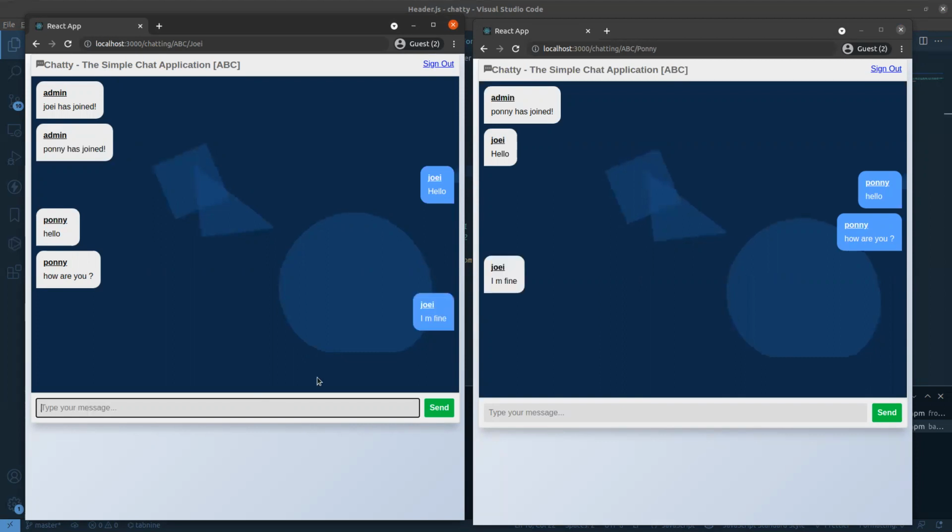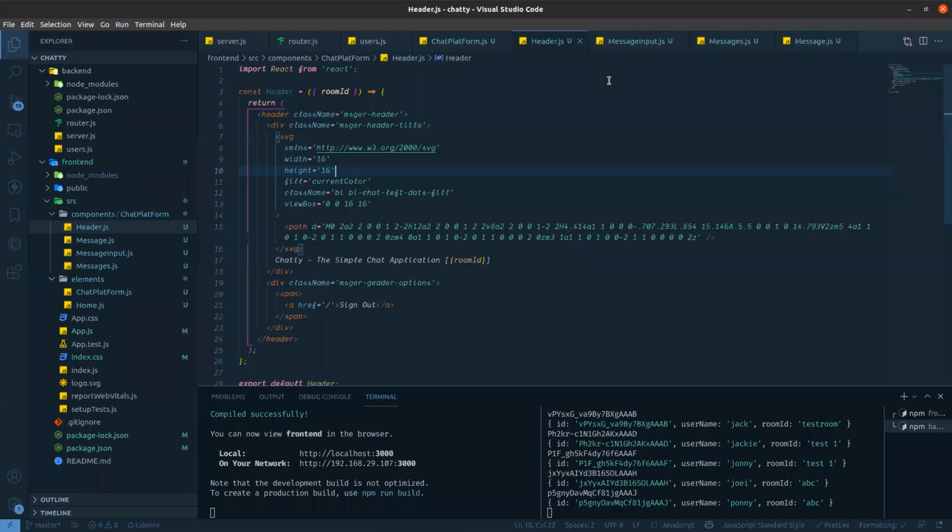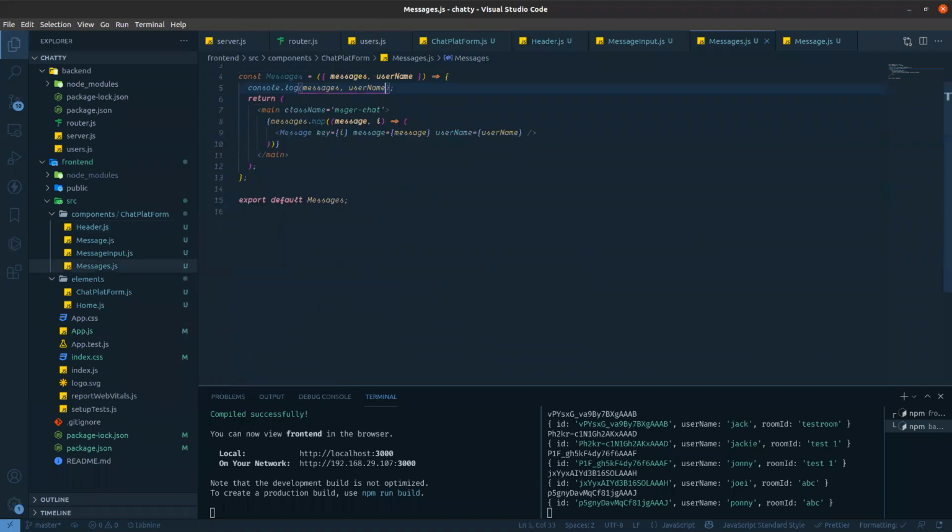So there's another thing we need to think about. Go to that all messages component, this one. Here we need to think that when some new message comes, we need the scroll to go down. For that we are using useRef.